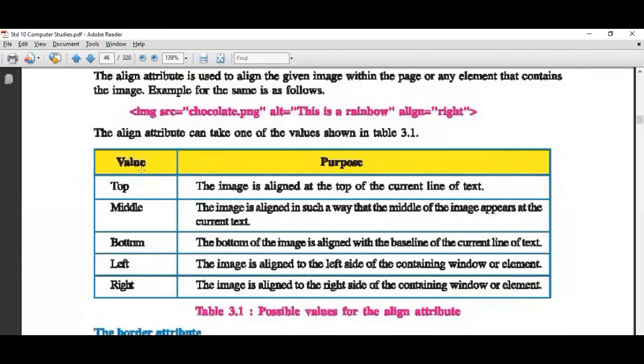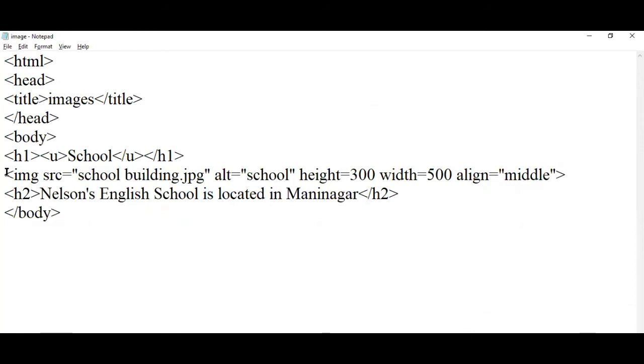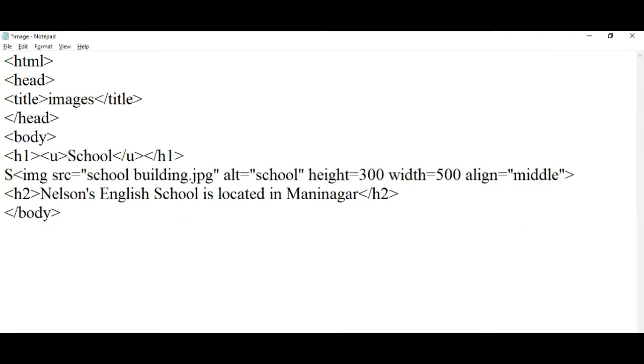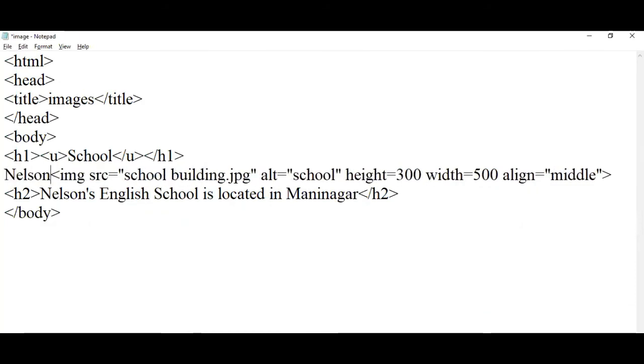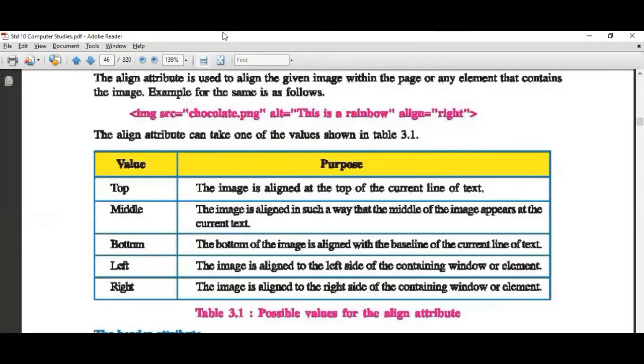This align attribute can take one of the values, that is top. The image is aligned at the top of the current line of text. For example, I am writing the text "school" here.